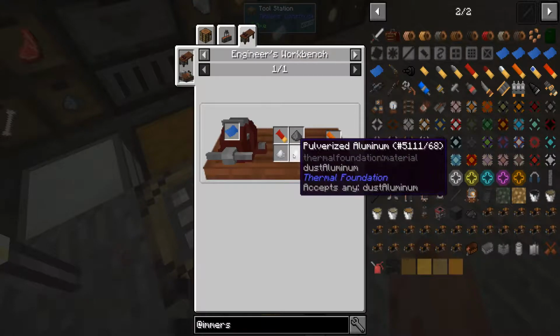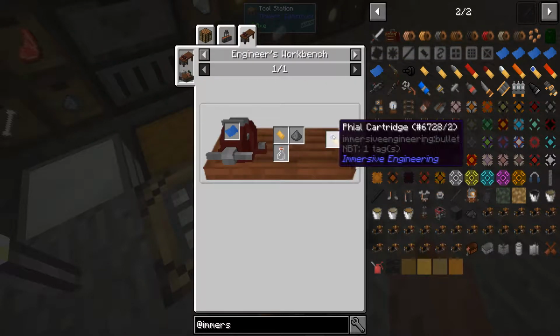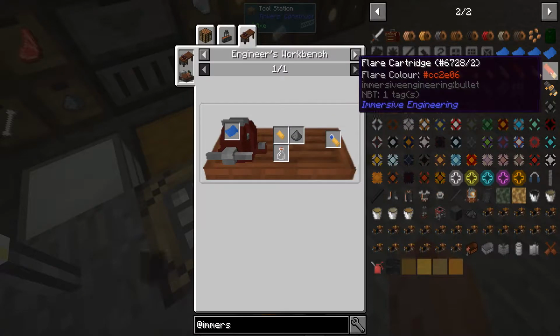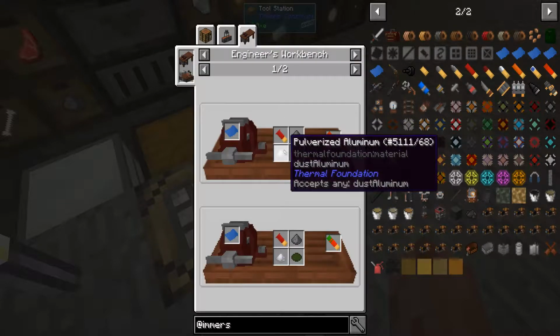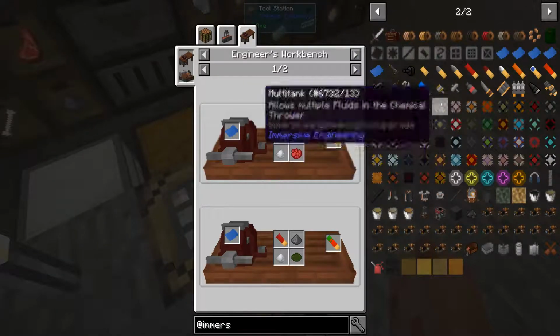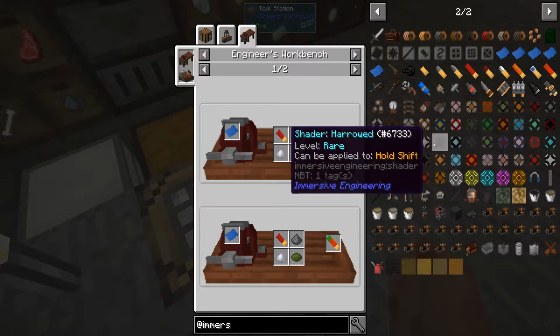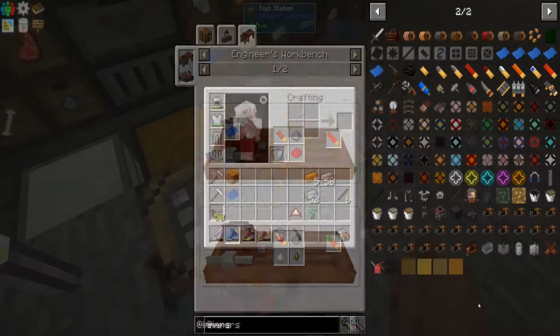Dragon's breath, two aluminum. Fire, I guess. Cool. Flare is aluminum and red. Neat. Those are the options. I don't want to try them all. Maybe the book has a